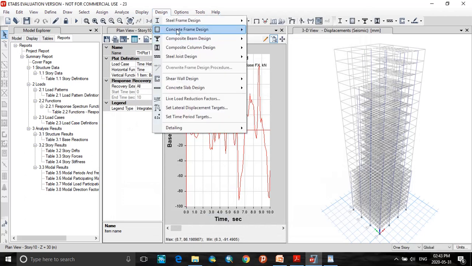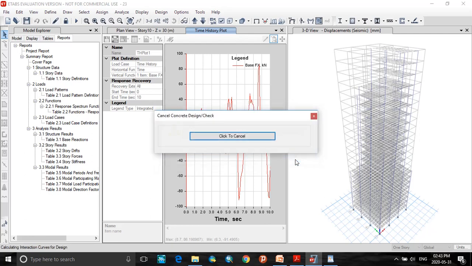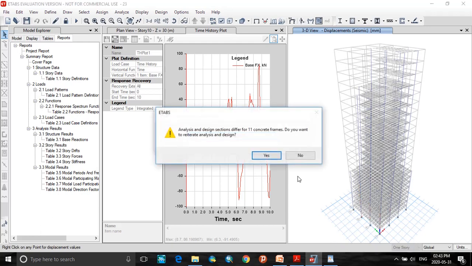Again go to design, select concrete frame design, select start design check. Here 11 concrete frames have failed.